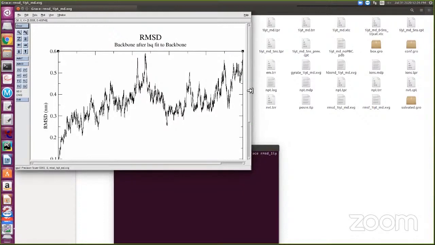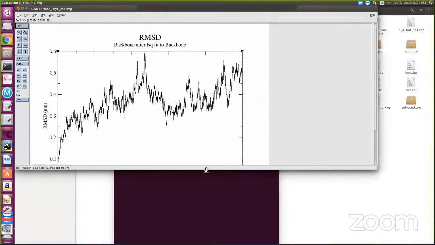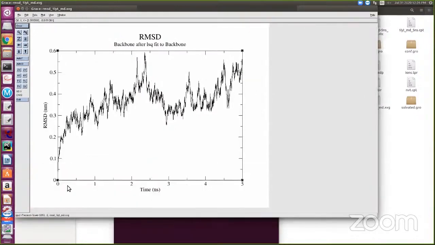This represents time from 0 to 5 nanoseconds, and how the structure behaves at the nanometer level, 0.4, 0.5, 0.6, till 5 nanoseconds. If 5 nanoseconds is not stable, we can extend to 10 or 100 nanoseconds, depending on our interest.